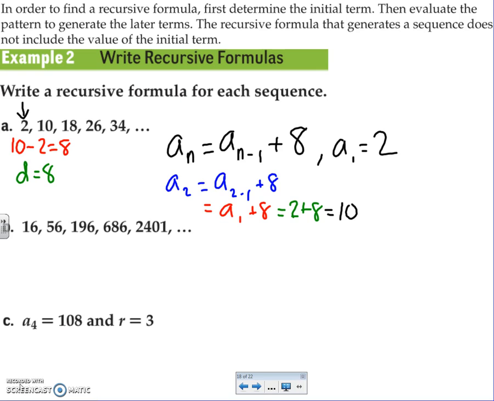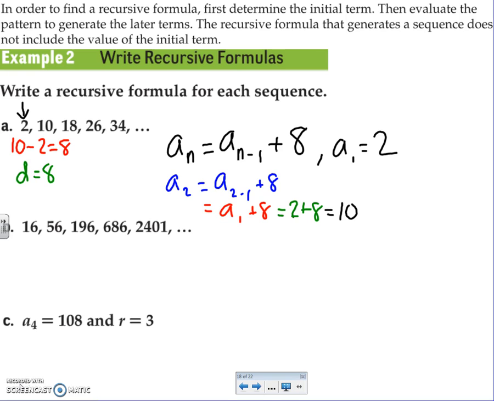Alright, so we'll do the same thing for B. We're going to see if it's arithmetic, geometric, or not. Let's try subtracting, see if there's a common difference. 56 minus 16, that is 40. 56 plus 40 is 96. That's wrong. Nope, not a common difference, not d, not arithmetic. Let's try